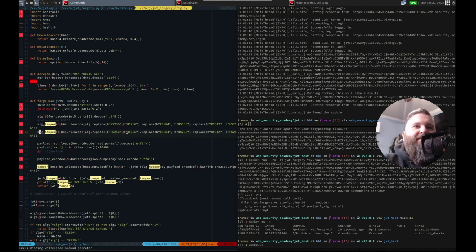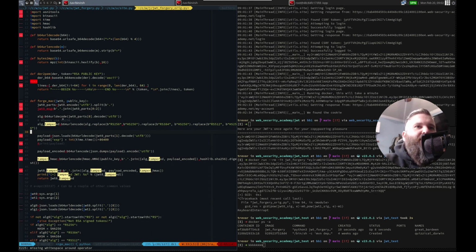That worked. All right. So what we're going to do is base64 encode alg.replace. We want parts decode. What is JWT 0? Encode. So it's splitting by periods. Parts. Message is joining the two parts. So it's getting this one, alg. Okay. Right here,